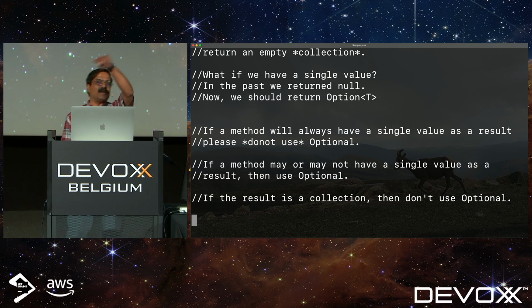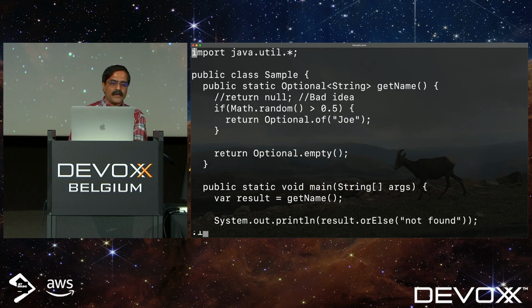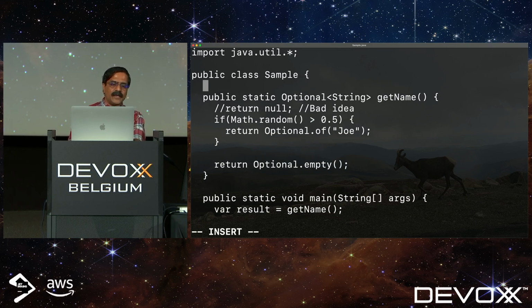Don't put an optional collection. That doesn't really make any sense. But of course, one important aspect we want to talk about is, what about this idea where, let's say, you